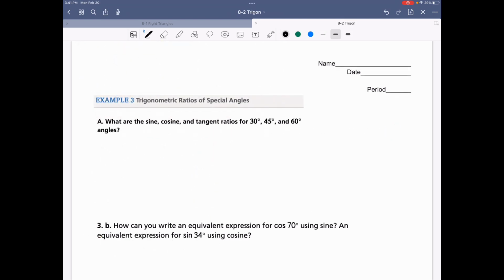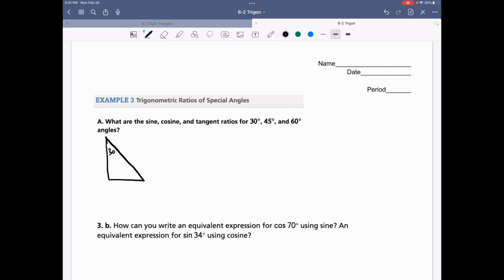As you work more with sine, cosine, and tangent, you start to see some patterns and relationships. So we're just going to talk a little bit about some of those patterns in this section. When we have a 30, 45, and 60 in our angles, those come from special right triangles. So remember, we have the